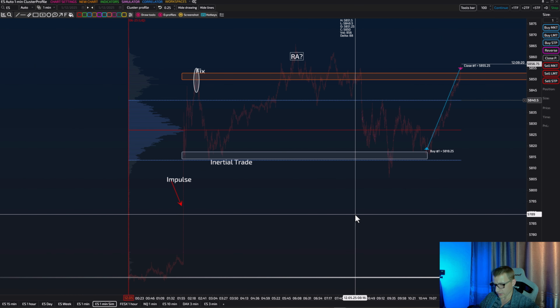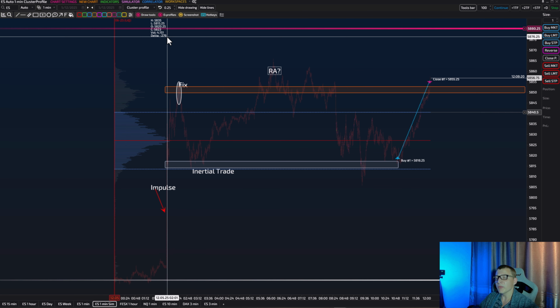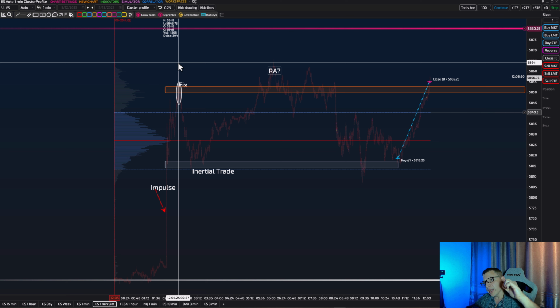So I think I chose wrong colors maybe. Sorry, I'm color blinded, and these colors allow me to see the price like I need to see it. Okay, so we had an impulse, we had a fix, and an inertial trade, and I'm just walking you through once again how it all works. We had an impulse that allowed us to understand an institutional buy is here because